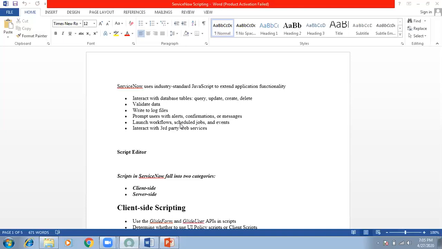Now, as part of business requirement, your client wants that whenever an outage is there, like 2 days before or 1 day before or 5 hours before, the required stakeholders should receive an email notification saying that for so and so time, this particular server will be under outage or under maintenance, all those things, right? So how will you do that? For that, you need to write a scheduled job, because if the client wants every 5 hours, then every 5 hours your scheduled job will run and check if there is any outage planned in the next 5 hours.